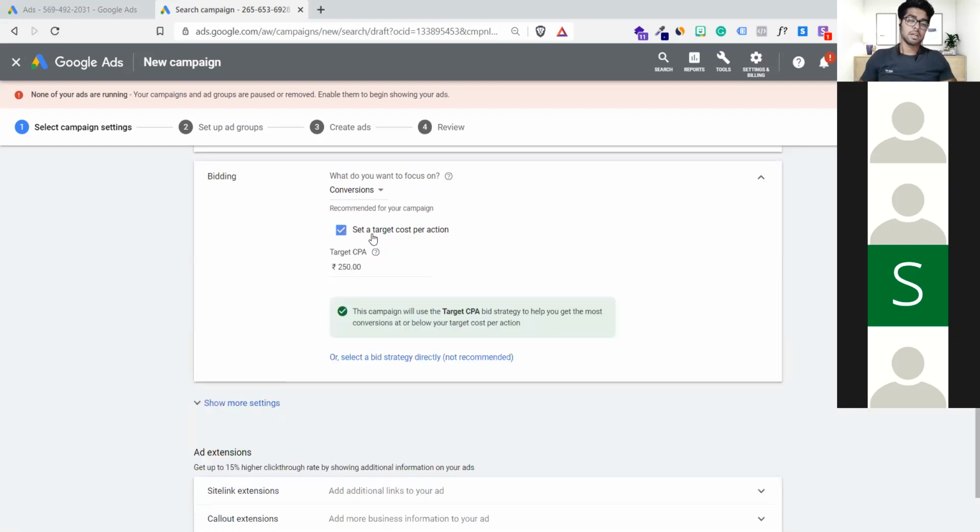So I'll click here and tell Google that this is my cost per acquisition as per my previous conversion data in Google Ads, and I want leads under this. So Google will try to show ads only to those people who are highly likely to convert. And now it is his headache whether he can bring a lead for 250 rupees or not.